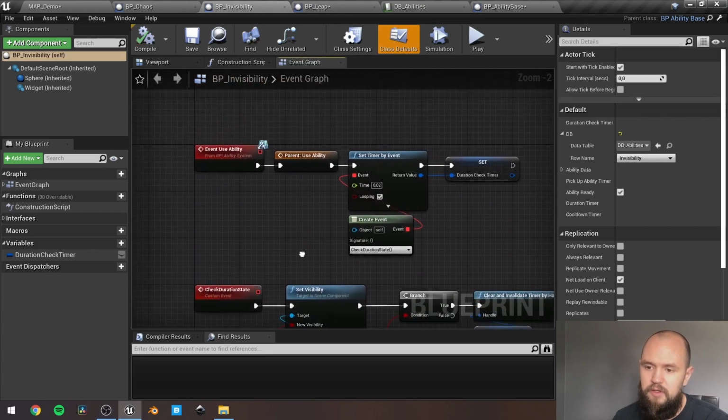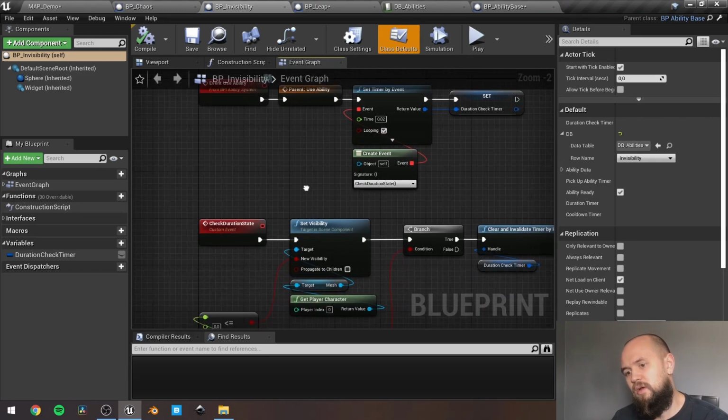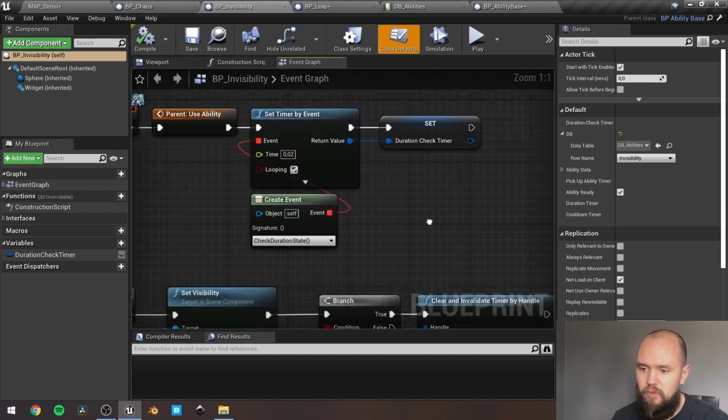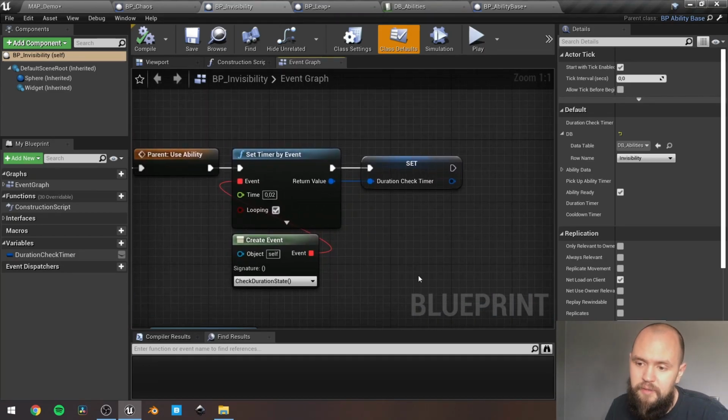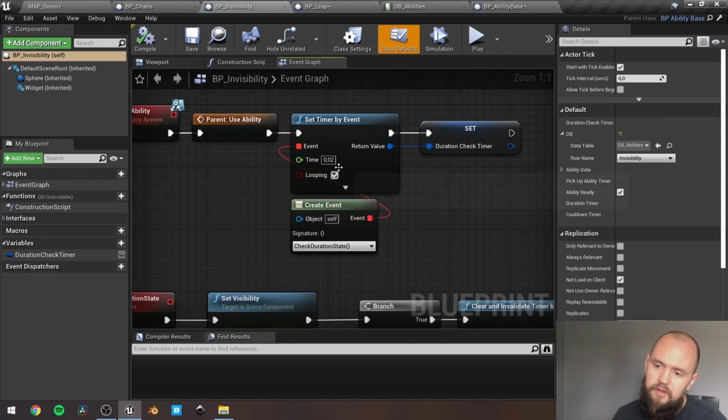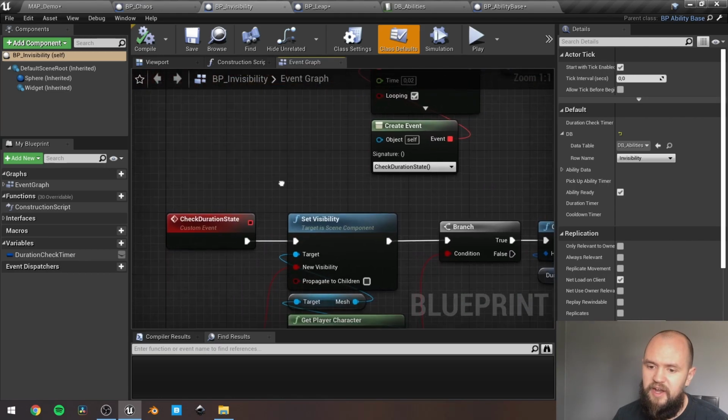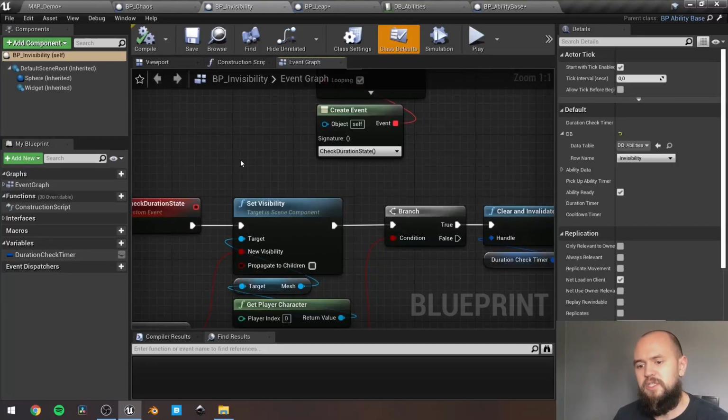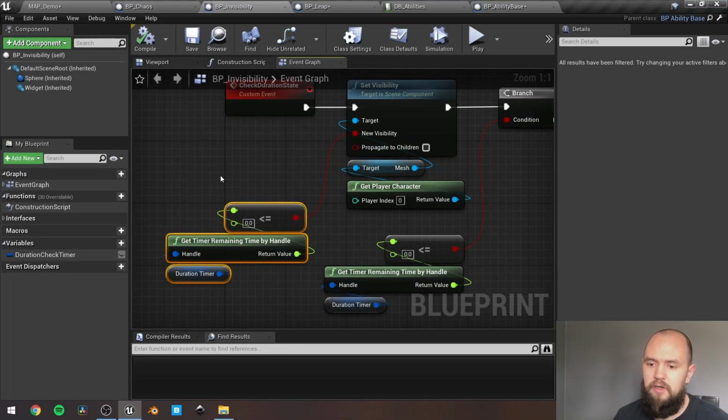For the invisibility, because it has duration, I use this one. It's the pipeline for all the abilities that are channeling or have a duration. I use set timer by event, which fires every, it actually depends on your needs, how frequently it should be checked. It's looping, and I have a custom event which is called check duration state. This one will return the time that remains by the proper handle for the duration. It means that this will return how much time from the duration timer